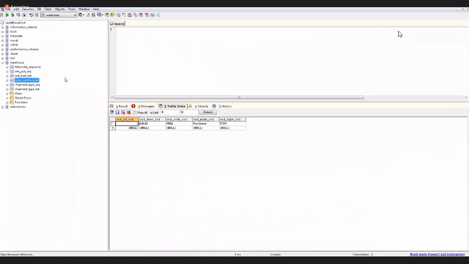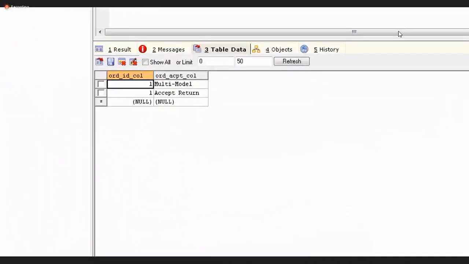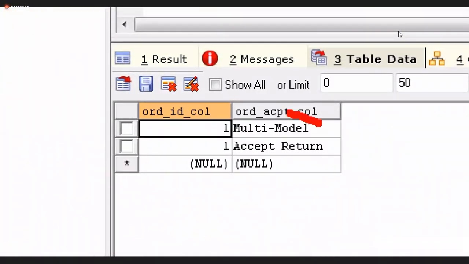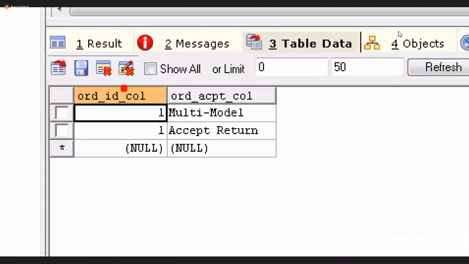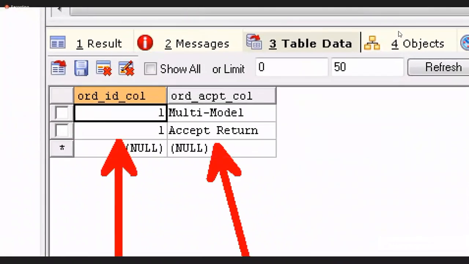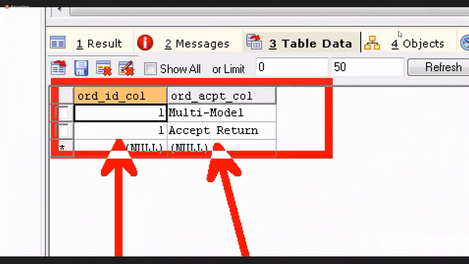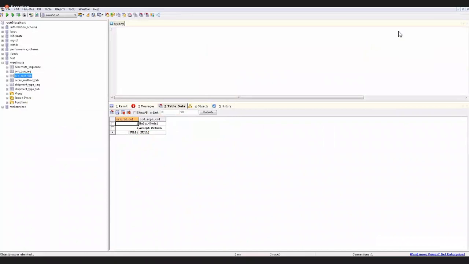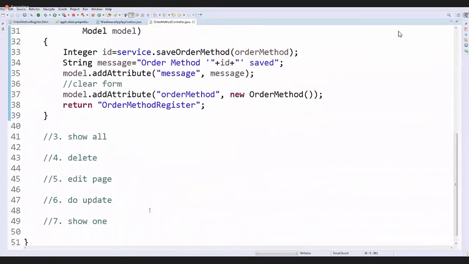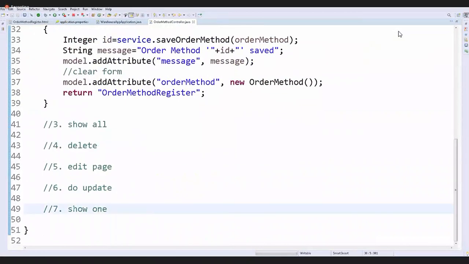Order method tab, actual data is there, and we choose checkboxes, right? Checkboxes data. See, we have selected two checkboxes. Checkboxes data has come to a separate table. You can see it's a join column, it's an element column, it's a child table. Separate table is created here. Okay, remaining all same, but I'm writing, observe carefully,